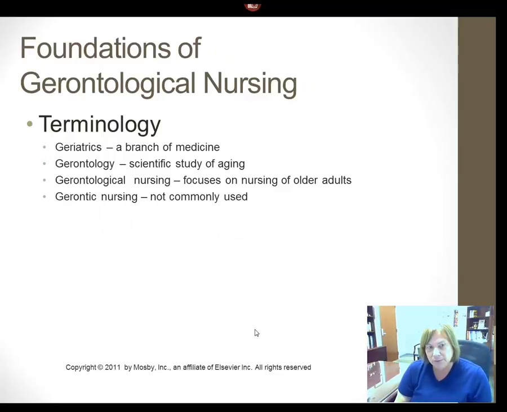This is some of the terminology that you will see. Your book gives really good definitions. Again, very controversial as to who should be using what, so you're seeing all of these words being used. But again, the main thing that I'm going to address here is because our textbook is called Gerontologic Nursing, I'm always more familiar with gerontological nursing, so that's the frame of reference I'm going to be using in this